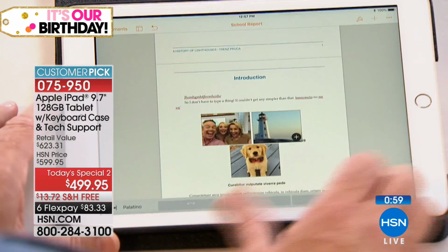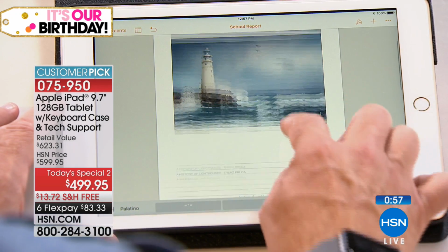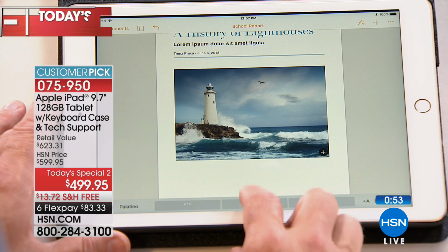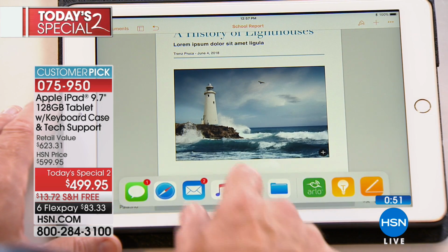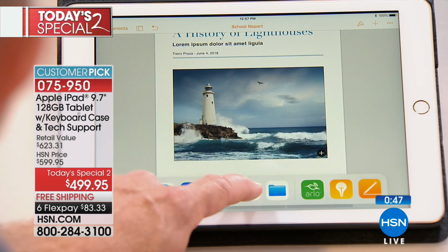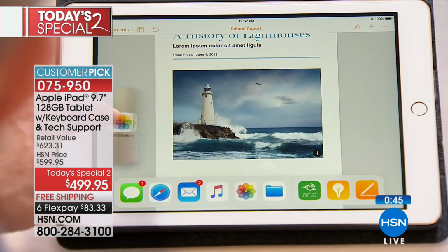And then here's another cool thing about the latest in the operating system. I want to drop in a different photo. How do I do it? I'm scared, I'm intimidated, don't worry about it. Swipe up from the bottom, drag over your gallery of photos, just like this. It just becomes your mouse. Just click it and just drag it over, boom. And now